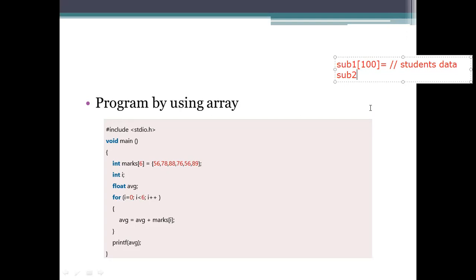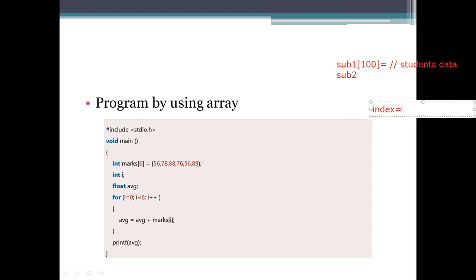the arrays we are using. The arrays will be used in that one. We need to get only the first student's data, so the index will be 0. We need to get the value stored at the 0th index from each and every array, get all the elements and add them, and you will have the average value. That is for all students. If you are taking only a single student, it takes multiple elements at a time, only the required elements, not the others, and the space is also for the required ones only.